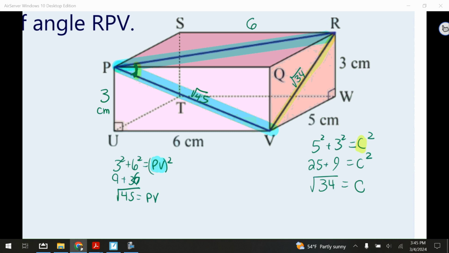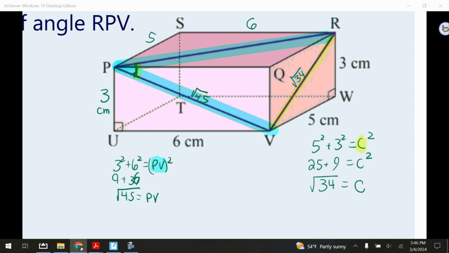And by that same token, if this is 5, this is 5, and this is 5, those are all 5 because they're all going to be parallel going around that box. So I'm going to label this as 5. And that's going to help me find PR,